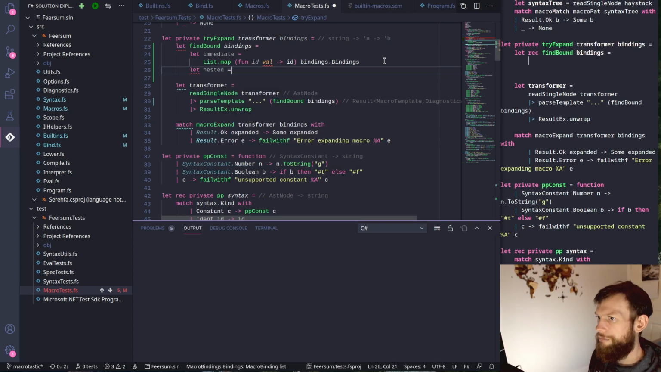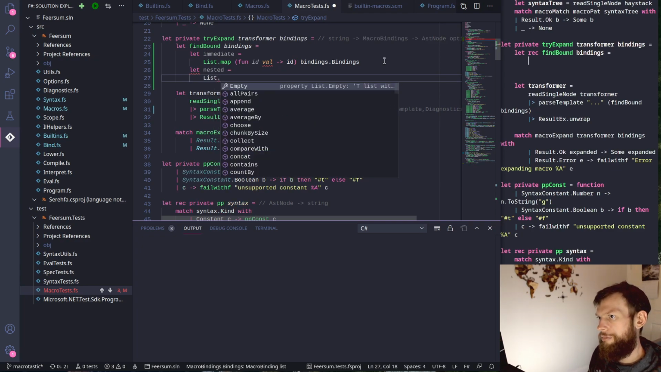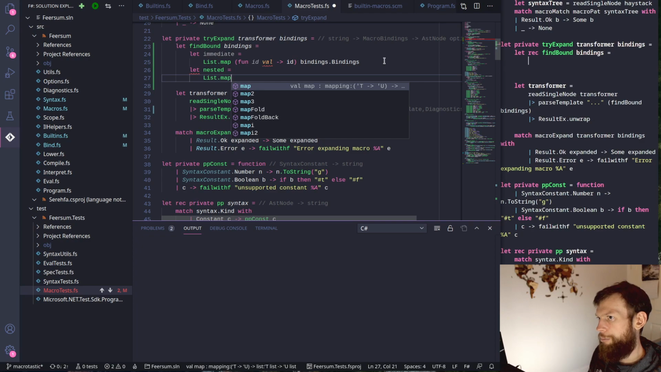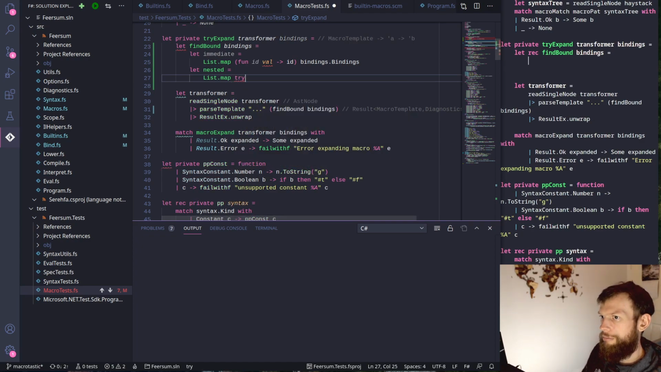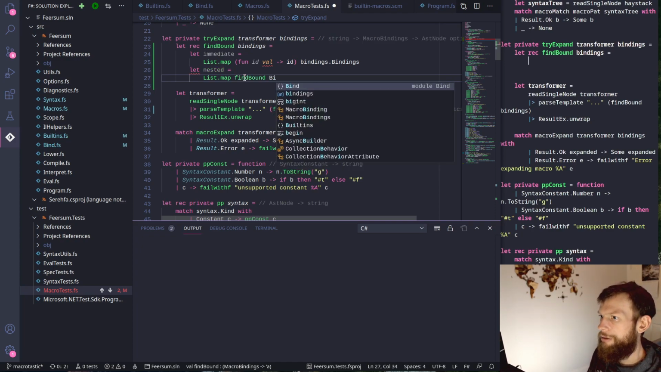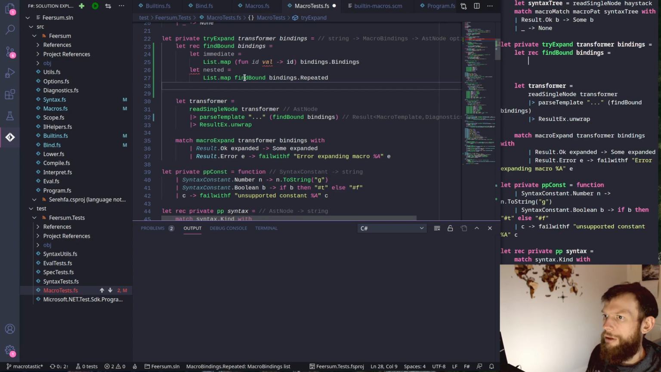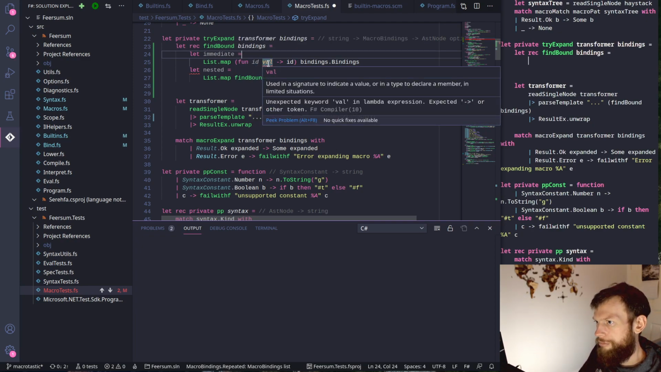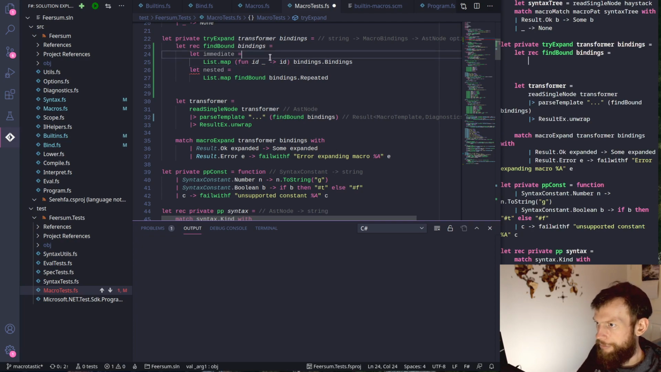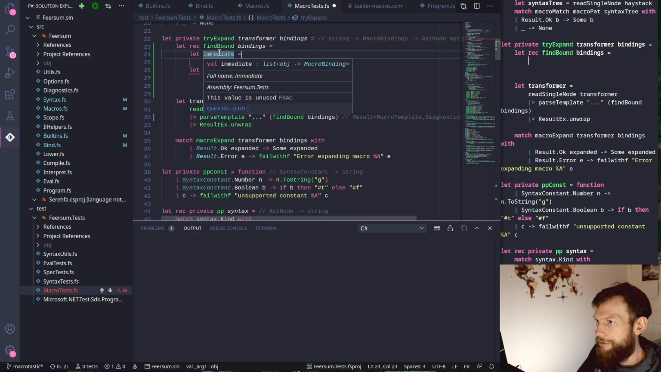nested, this dot map try. It's going to be find bound bindings dot repeated, and then in this case immediate is going to be great. Immediate is going to be a list